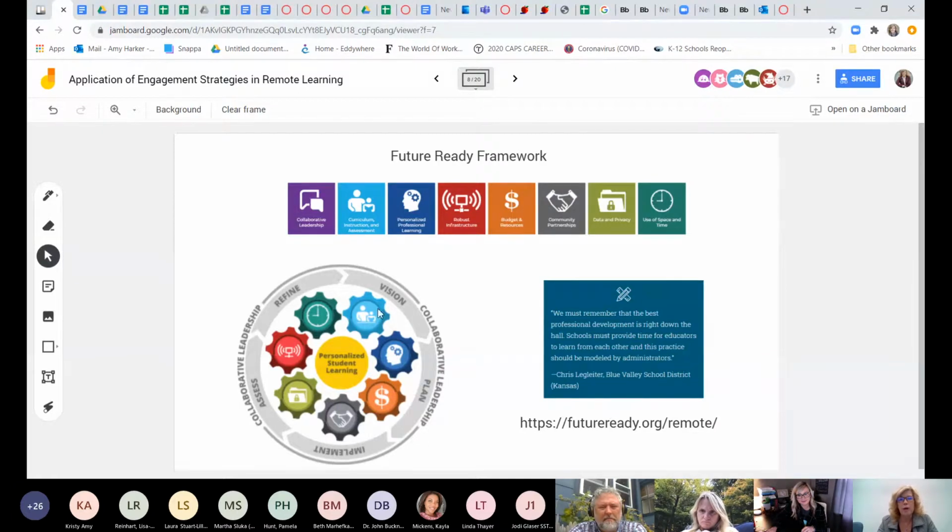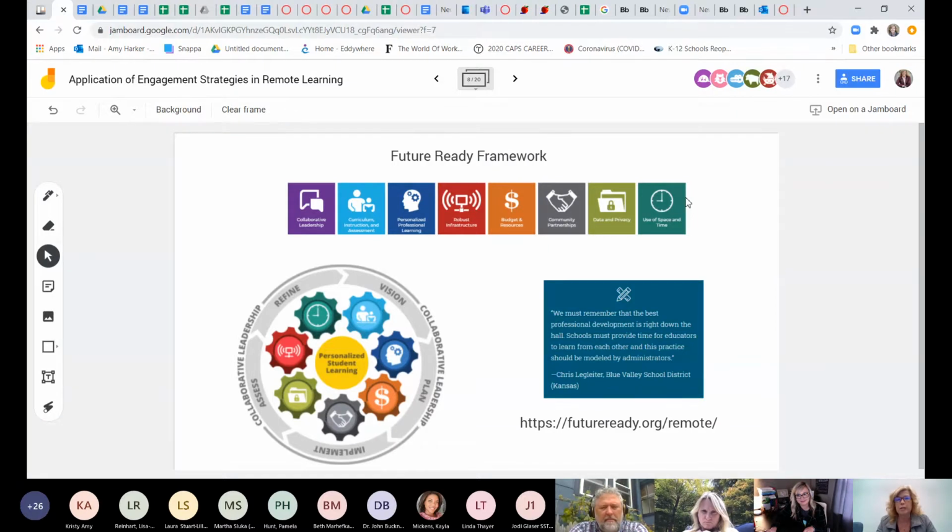The whole framework is about personalized learning, and it has all these gears, and each gear is about collaborative leadership, curriculum and instruction, personalized professional development, your infrastructure, your budget, your community partnerships, data and privacy, and use of space and time. So these are all categories in which you can personalize learning, and the Future Ready framework has set up a way that any school who wants to become part of this, all free by the way, is